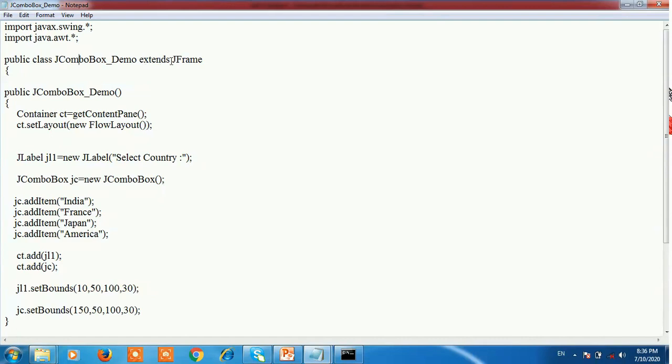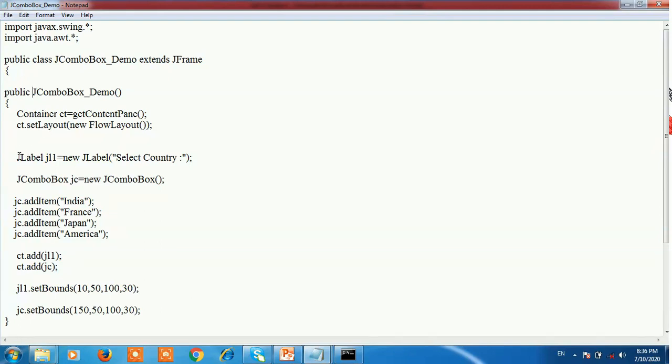Here we also use the frame JFrame. Then create a constructor JComboBoxDemo. In that, create an object of the container, ct = getContentPane. Then using setLayout, set the layout of the frame window.